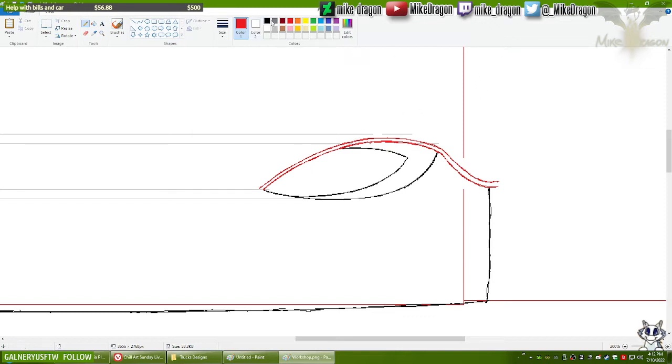Okay, this is looking fine. Let's switch that red for black and keep working rather on the design of the headlights. But first, let me zoom out.